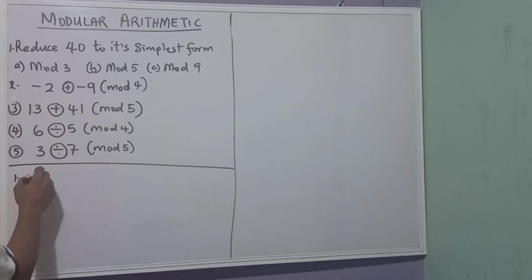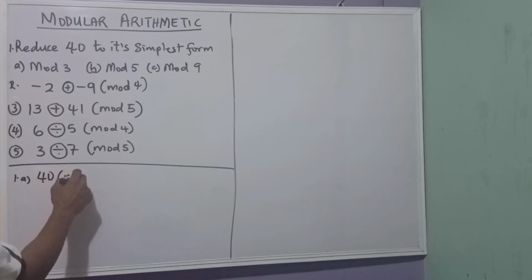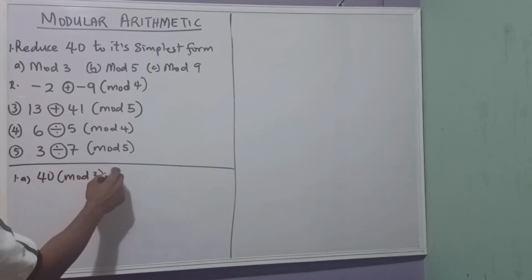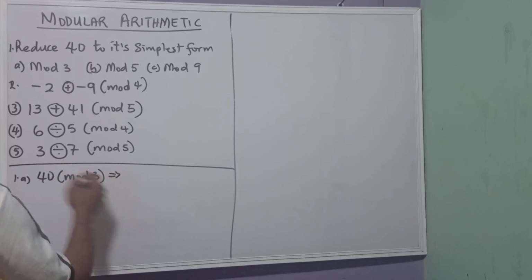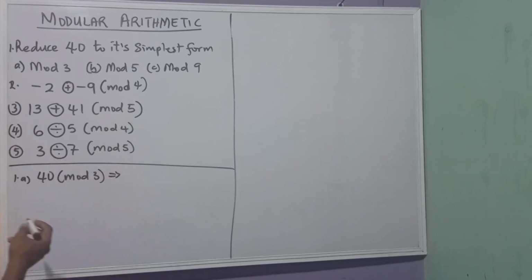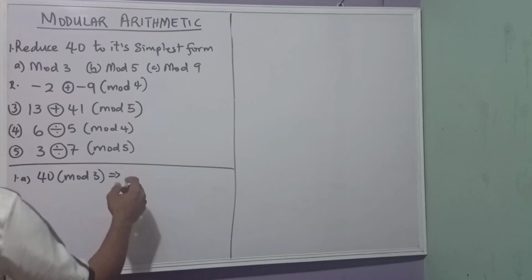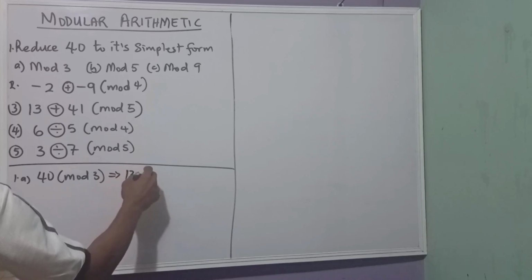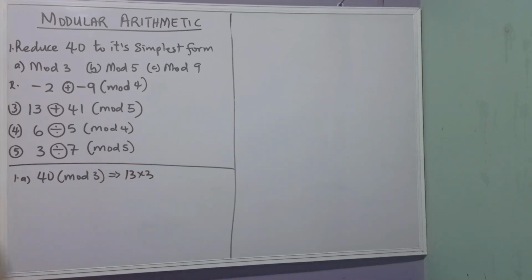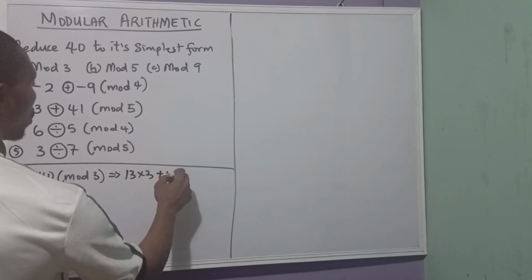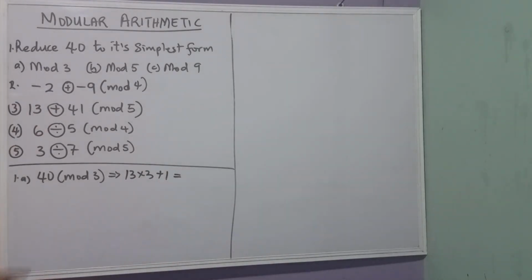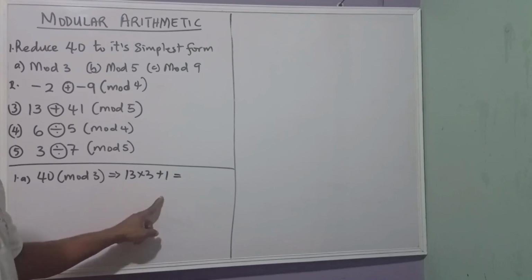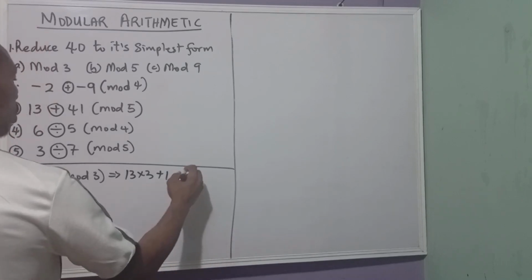So we are looking at 40 mod 3. 3 times 10 is 30, 11 is 33, 12 is 36, 13 is 39. So this becomes 13 times 3, that is 39, plus 1 to give us 40. So this becomes 1